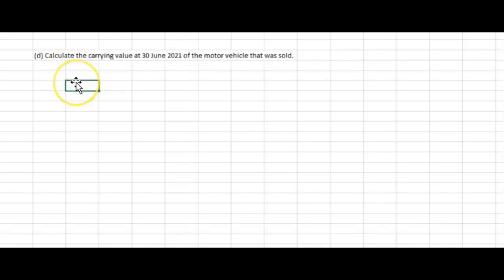To find out the carrying value, let's first establish what carrying value is. Carrying value is basically the value of the asset remaining after you deduct the provision for depreciation. So you calculate that by subtracting the provision from the cost. Where do you get your provision? From step 3. So let's begin with our usual steps in depreciation workings